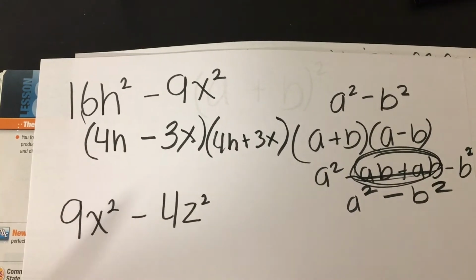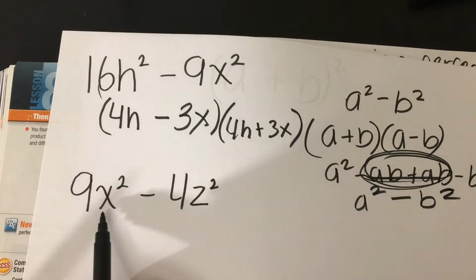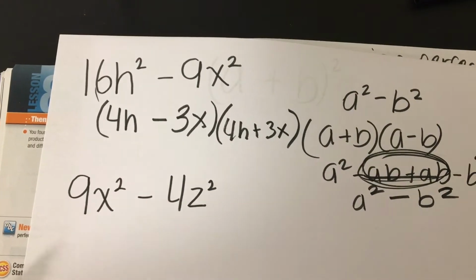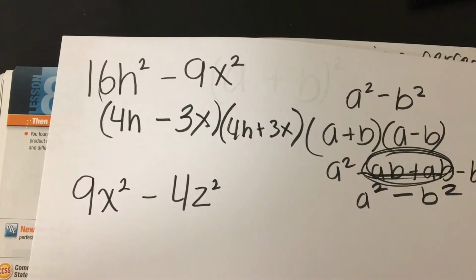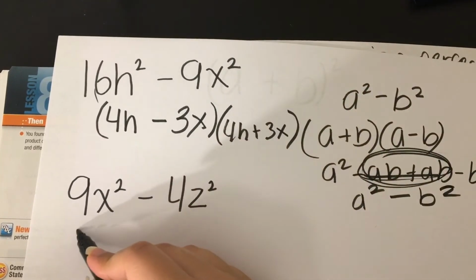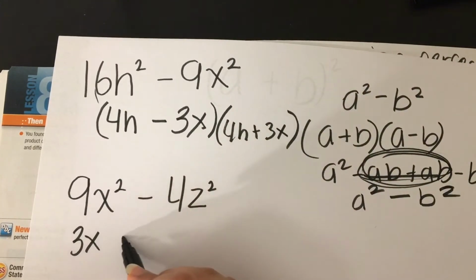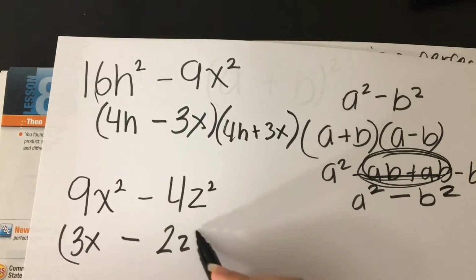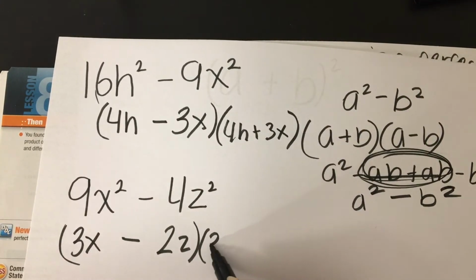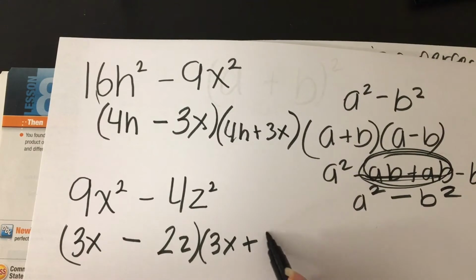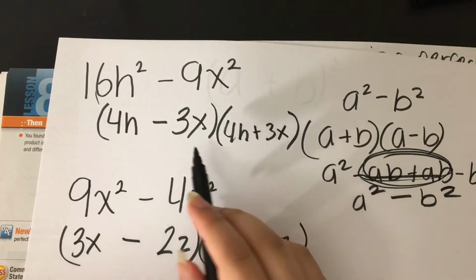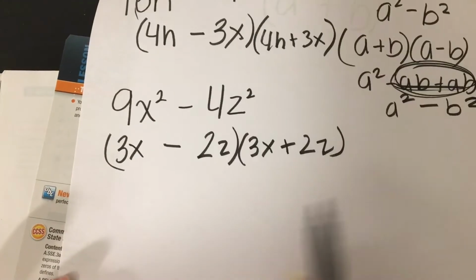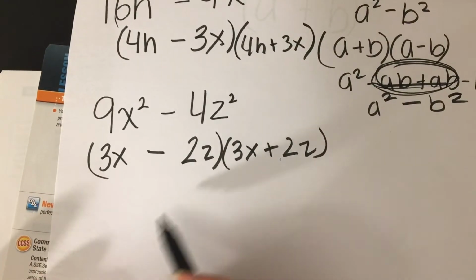Let's do the same for this. 9x squared minus 4z squared. Again, there are no common factors, but we can figure out the square roots. 3x minus 2z, right? And then add that. 3x plus 2z. Now, I'm not going to do this one yet, but if we were to use FOIL, it